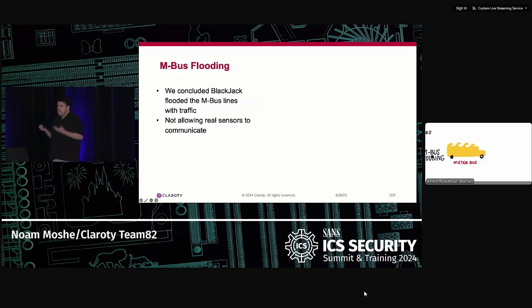Now, from this single picture, we didn't have much data about what's actually occurring behind the scenes. So we thought to ourselves, yeah, we see a while loop. We know that they create meter bus packets. What probably happens is that they try to flood the different sensors, flooding their bus network, bus connection, and simply want to make them unable to communicate. And that's actually when something very interesting happened.